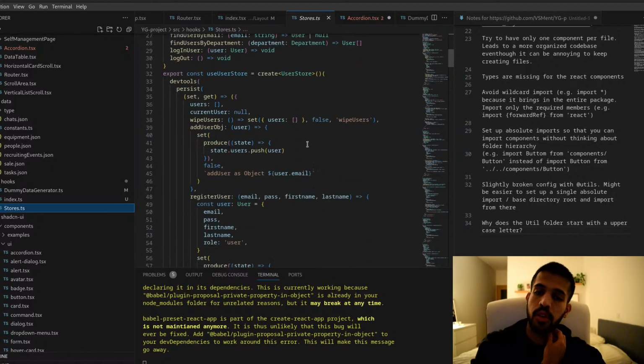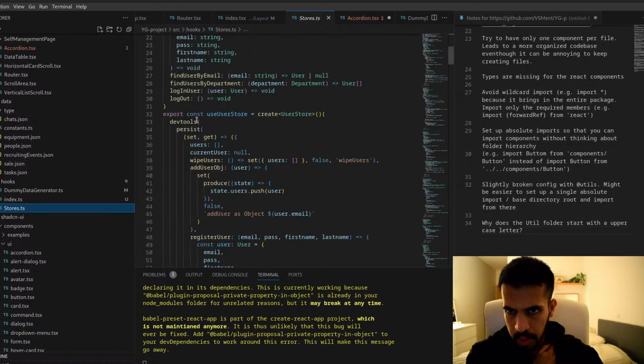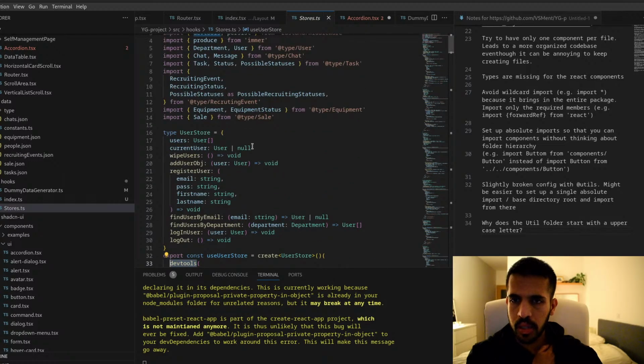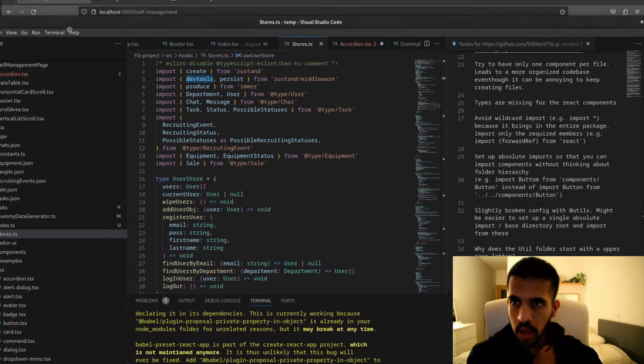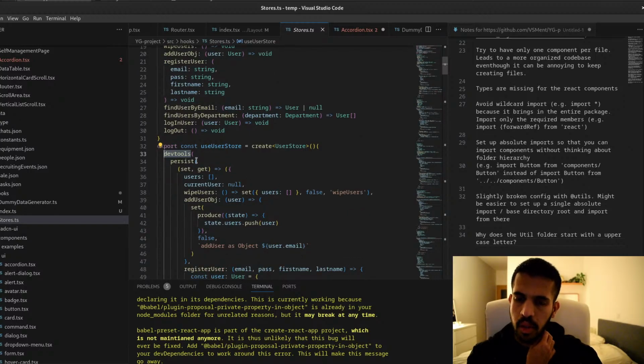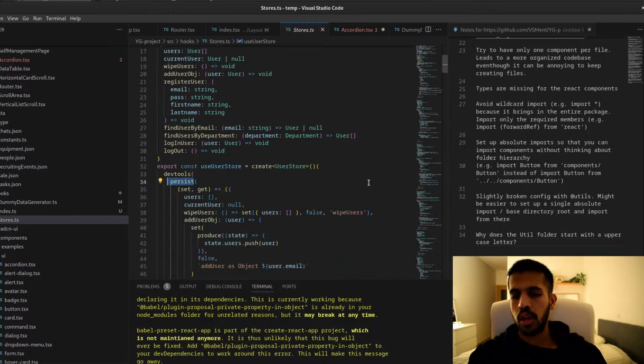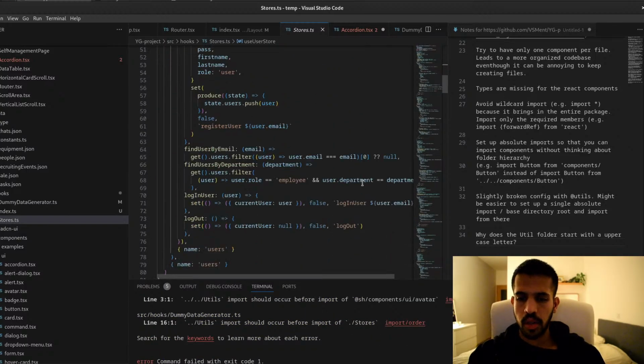Unfortunately, I haven't used Zustand, so I can't really give much feedback about it. It is a bit strange why it's being wrapped with DevTools every time, but maybe that's how it's supposed to be and persist. So I guess this is all getting persisted to local storage somehow.